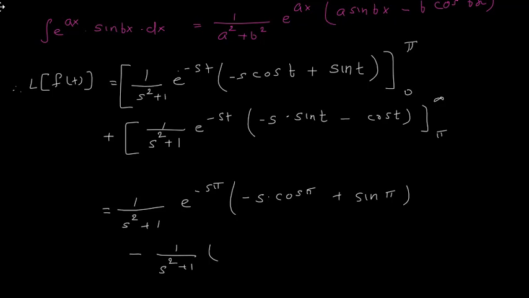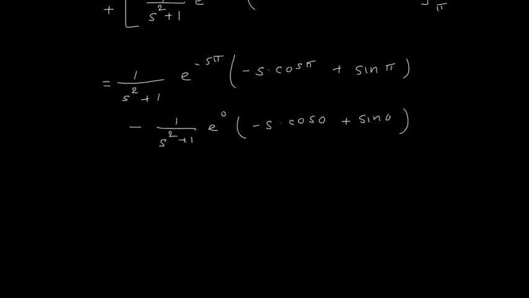What is the value of e power 0? It is 1, but let us write e power 0 into minus s into cos 0 plus sin 0. Now we have the second bracket, so plus 1 upon s square plus 1 into e raised to minus infinity